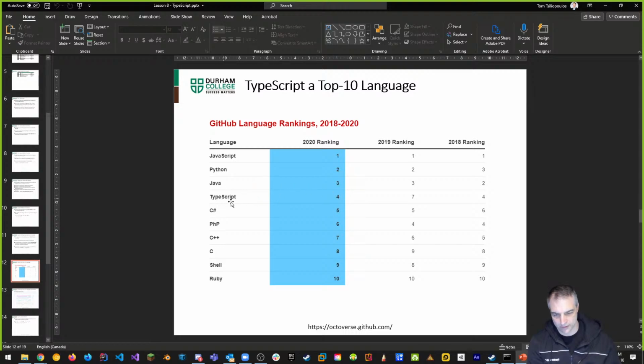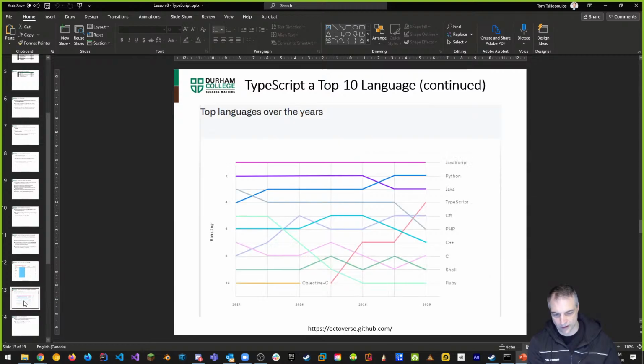And you can see TypeScript is really popular and has been moving up in terms of popularity. There's TypeScript right here, the red line, over the last couple of years. And I think this is a good sign that TypeScript is getting great support and has been accepted by the web development community, and is continuing to be used in most major projects, which is awesome.